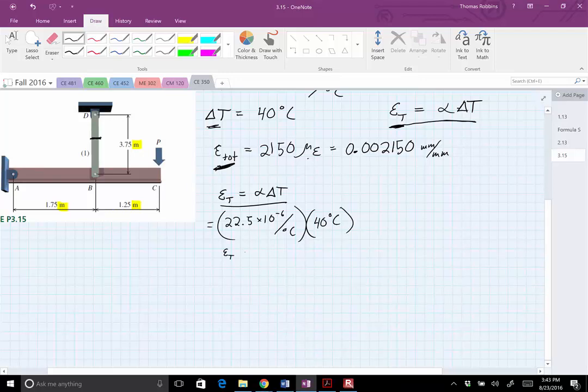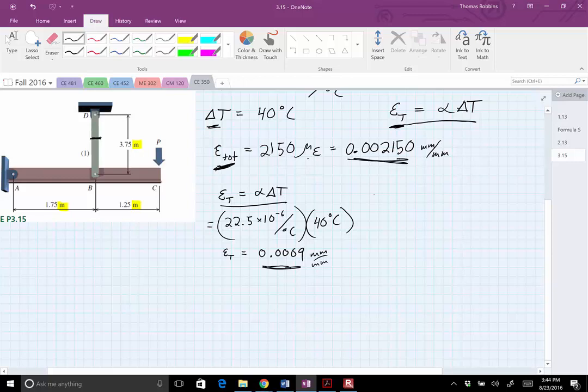And so epsilon due to thermal expansion then equals, plug it into the calculator here, 22.5 times 10 to the negative 6th multiplied to 40. I get 0.0009. And this is a strain, so it's unitless technically, but we're going to write it as millimeter divided by millimeter. So we can take our total strain and subtract our thermal strain, and we get the strain due to the loading, the internal stresses